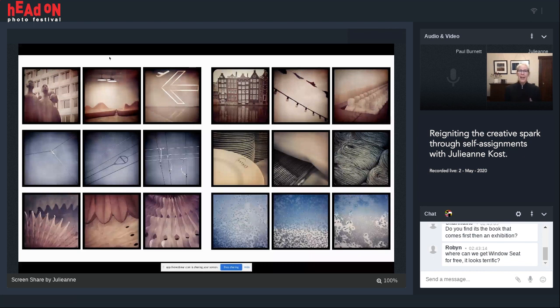So I added to it. I defined the project as take 3 photos a day of the same subject or of a related subject. All right. They have to be related in some way. They can be related in the way that you apply a treatment or an effect to them. They can be the same subject matter. They can be the same color. It can have to do with food. It doesn't matter. I just wanted to go beyond that grab shot, right? You've got to go beyond that initial shot.